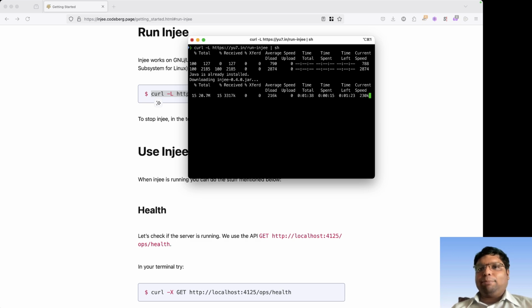It doesn't mean that Injee is full fledged. It's in version 0.50 now, but we'll soon be adding features. I think the internet is slow. I need more than 1 minute. So let's clone